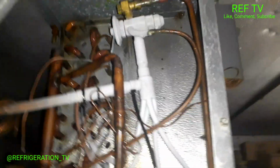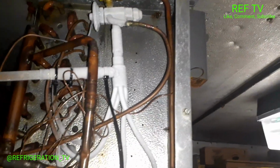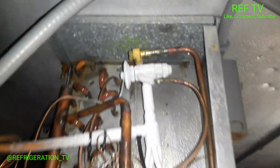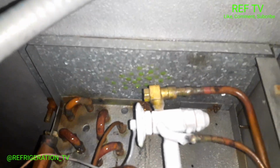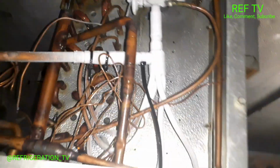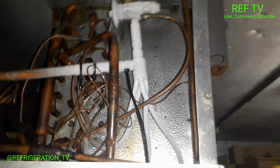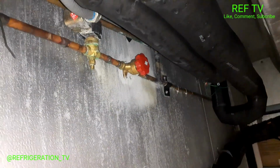Alright, so as you can see, we got a lot of frost buildup on this TXV. This valve is not feeding. Looks like somebody's been here leak searching. See some bubbles up there. But before we go any farther, I'm gonna close my liquid line ball valve right there,